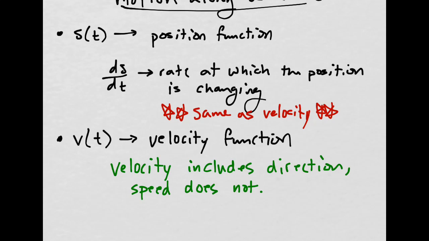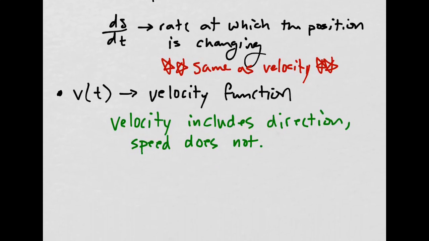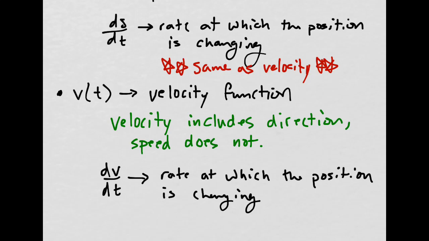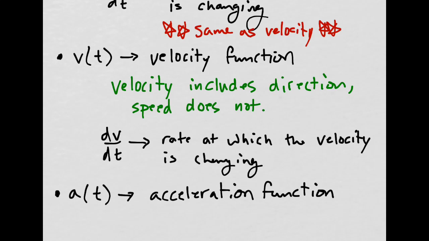Hopefully that makes sense. And if you take the derivative of velocity, dv/dt, then you would get the rate at which, sorry, not position, the rate at which the velocity is changing. Another name for that is, you guessed it, or you didn't guess it, acceleration. If you have a positive acceleration, that means the velocity is increasing. It's getting bigger and bigger. It means the particle is moving faster and faster. So if acceleration is positive, that means the particle is going faster and faster. If the acceleration is negative,